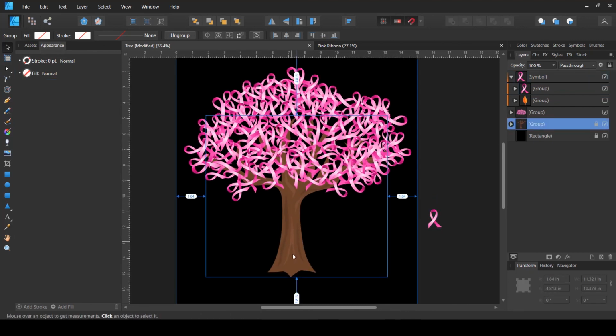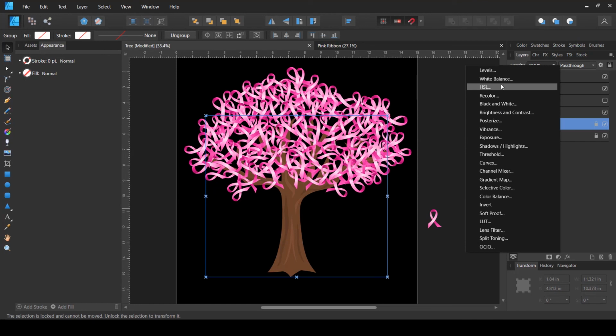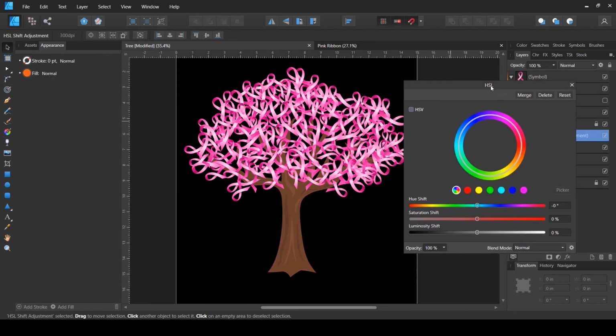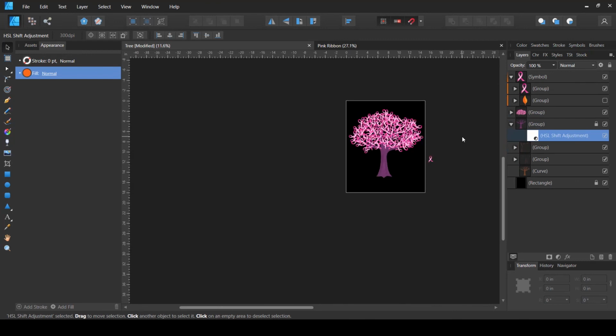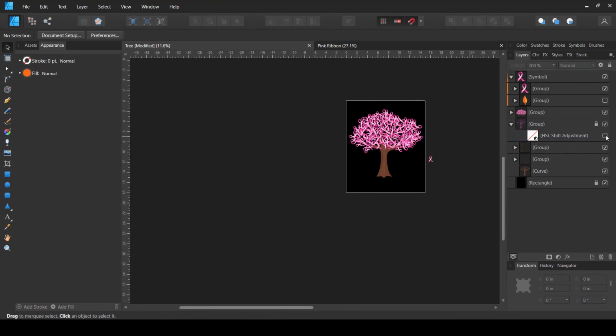And if you want to change the colors on the trunk, you can simply apply an adjustment layer, let's say this HSL layer, and change the hue to a more pinkish purplish thing to be more suitable with this kind of leaf. Let's say maybe a purple pinkish thing. So you can do it like that, and then if you hide it, it will be the same as it was before.